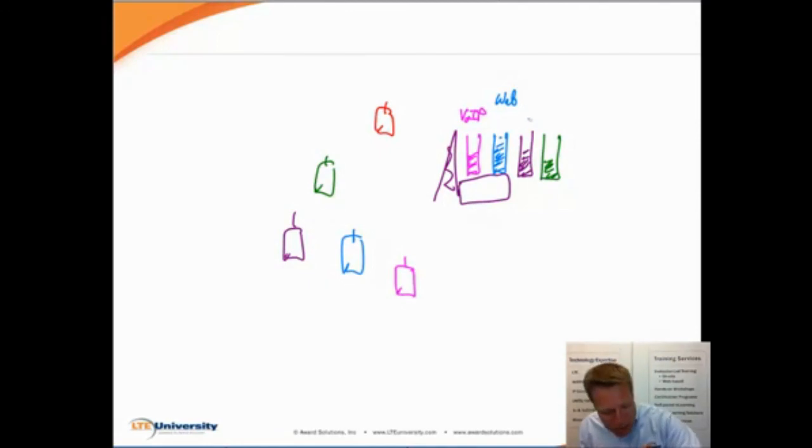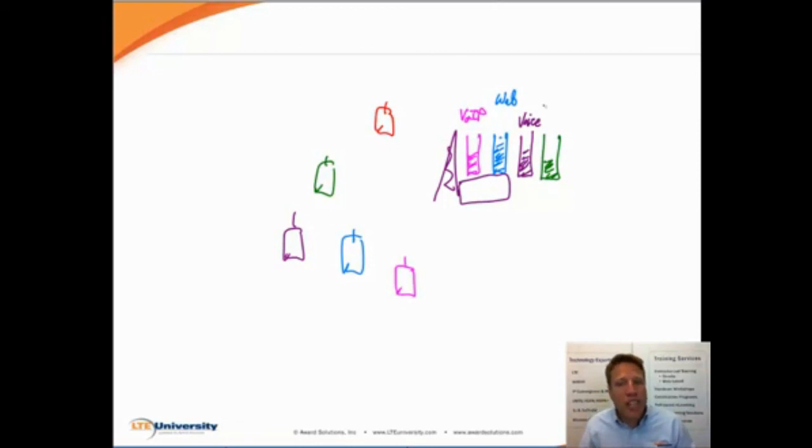Okay, there could be video. And I've drawn these as different users, but keep in mind that the same user might be doing some kind of video and doing some kind of web or email session at the same time. So these could be different services going on within the same user's device at the same time. And in that case, the eNode B still keeps track of them as part of different streams.